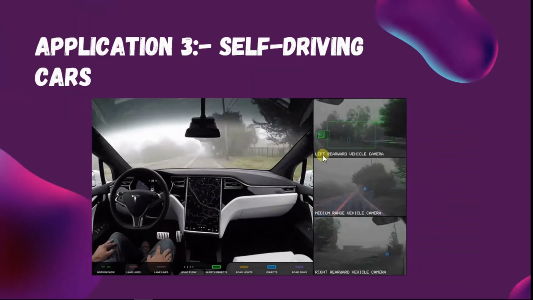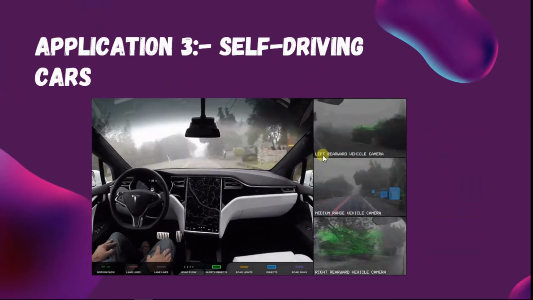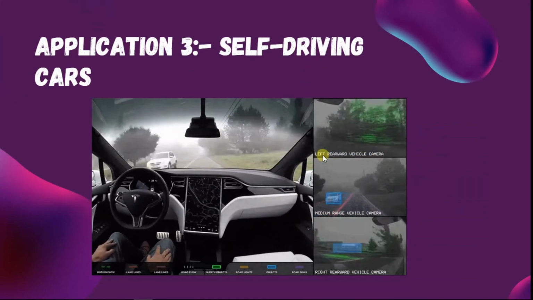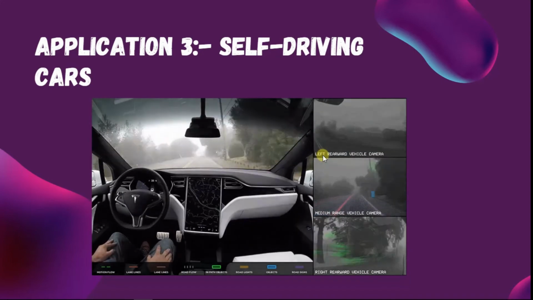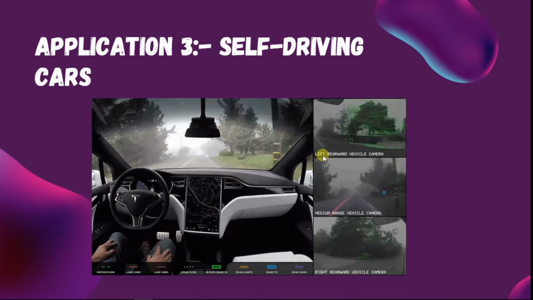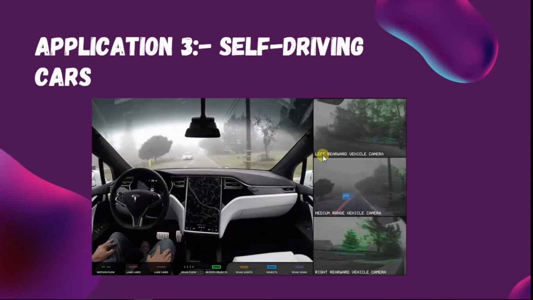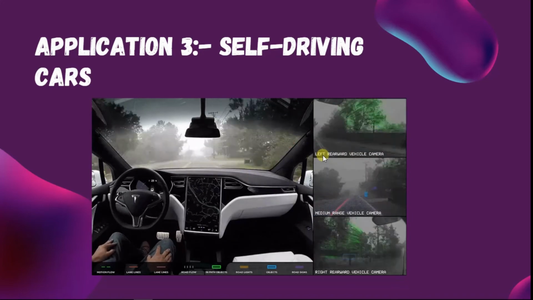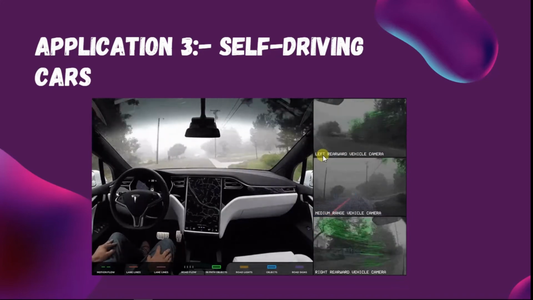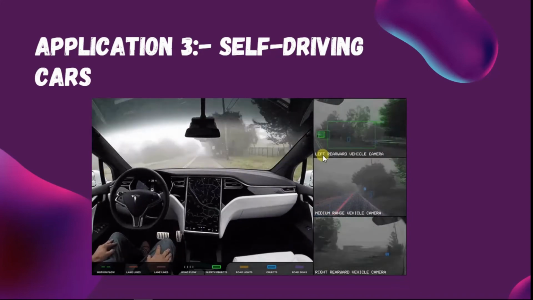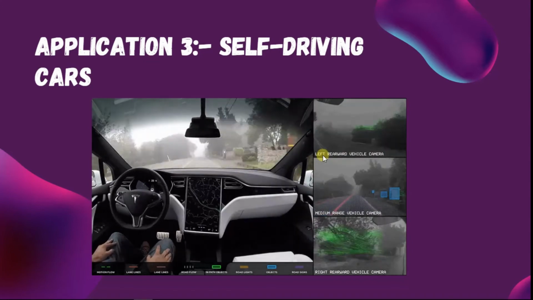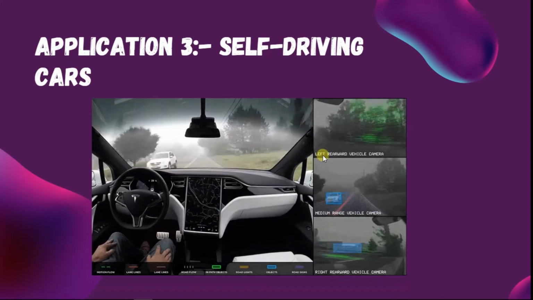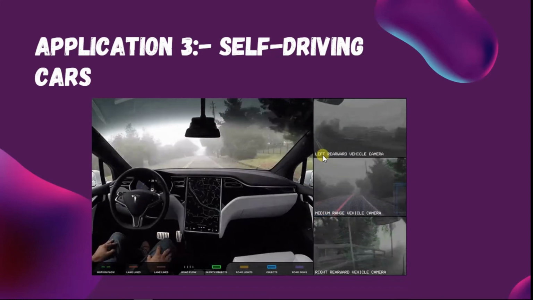The next application is self-driving cars. This is my personal favorite one, to be honest. Self-driving cars require a combination of AI techniques of many kinds: search and planning to find the most convenient route from location A to B, computer vision to identify obstacles, and decision making under uncertainty to cope with complex and dynamic environments. Each of these must work with almost flawless precision in order to avoid accidents.